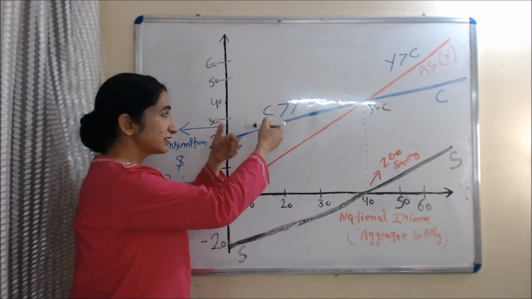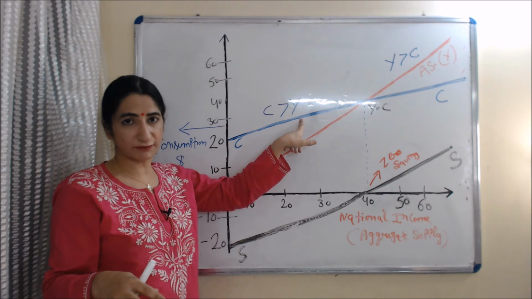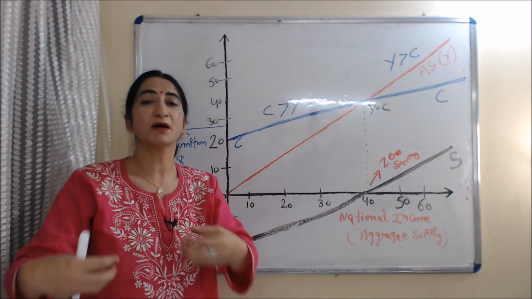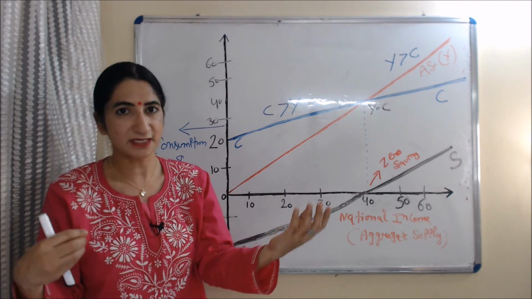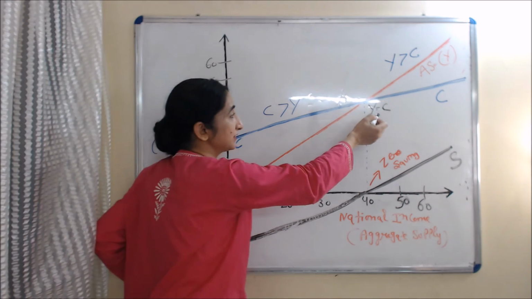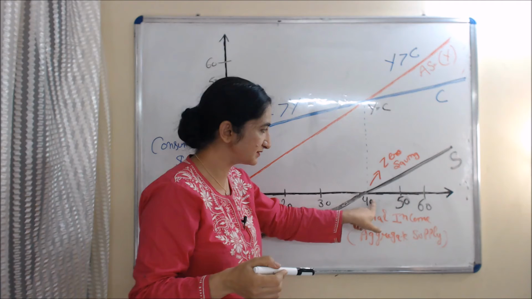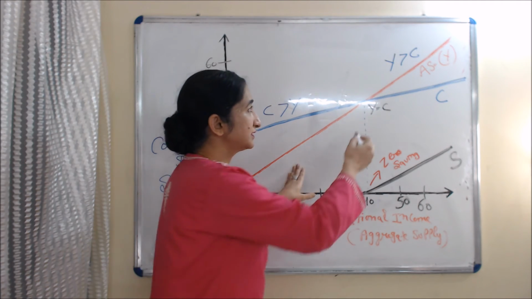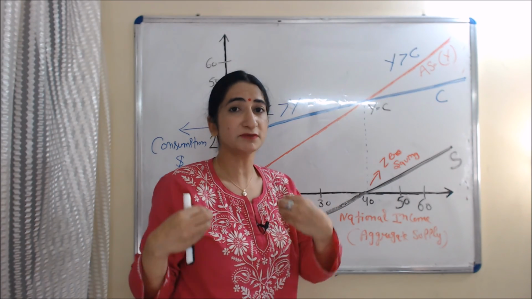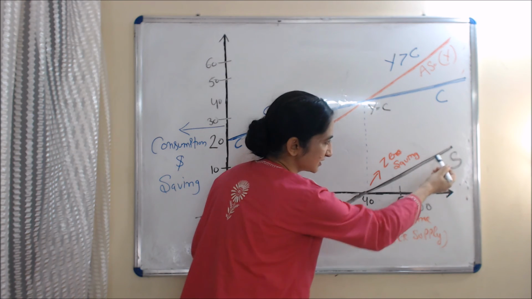After this point, our consumption and income both start increasing, but still our consumption is more than our income. If our consumption is more than our income, it means we are taking some amount of money from our past saving. That's why our saving goes negative. At this point our income is equal to consumption. When income is equal to consumption, we have zero saving. After this point our income is more than our consumption, which means now we can save. That's why our saving is increasing, you can see here.